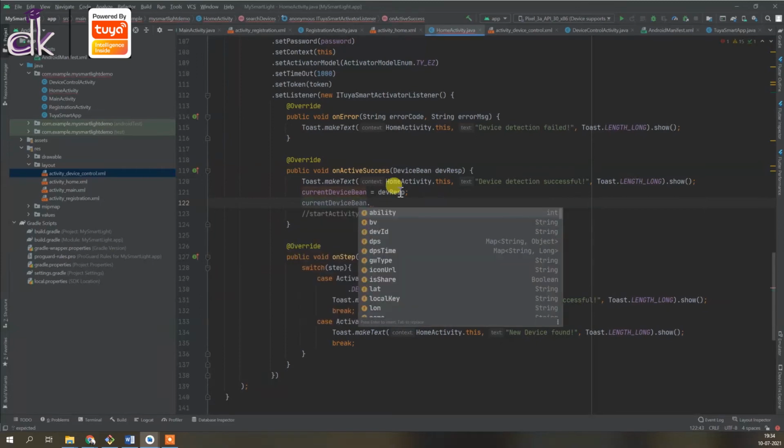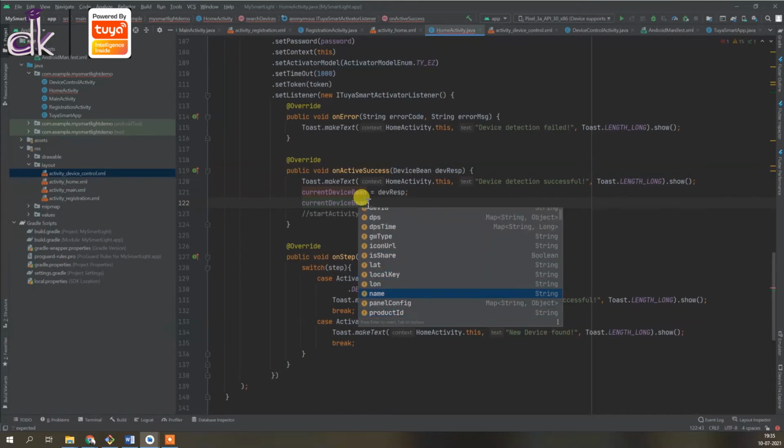So current device bean, if you just put a dot in front of it, you can see the device ID, you get the data points, you also get the icon URL for that particular device, you also get lat, long, name of the device, the product ID, UUID.